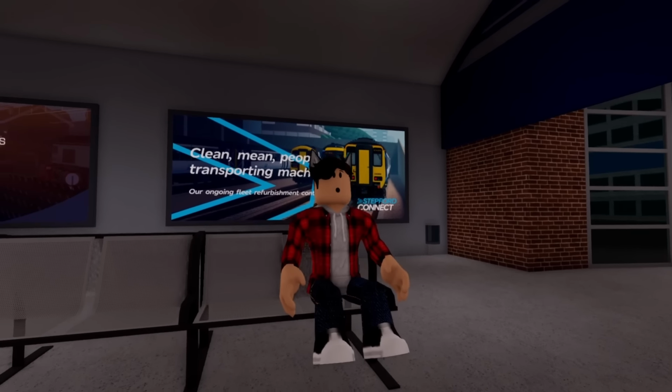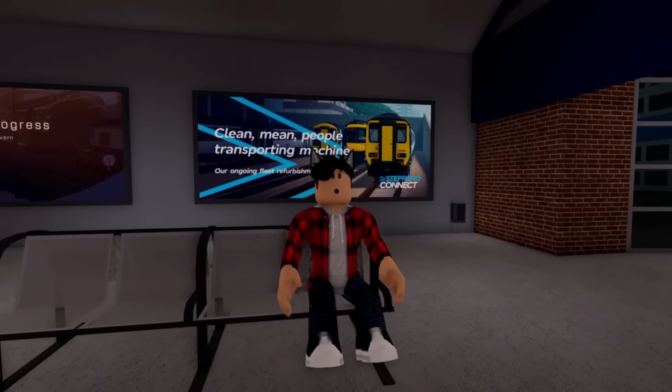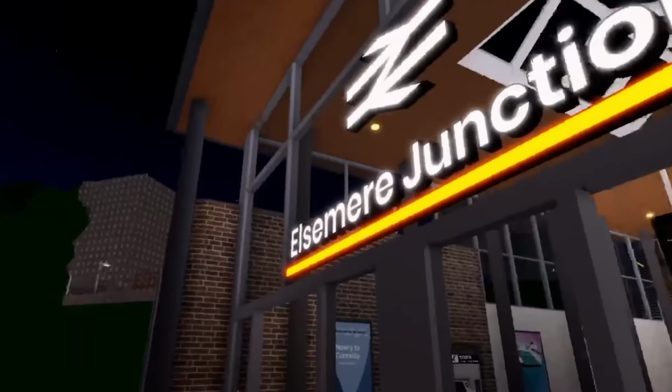Airlink operates 6 stations, all of which are of very good quality, so I can't really argue about the quality of the stations here. Although there is one small problem. Why is Ellesmere Junction an Airlink station? If you think about it,